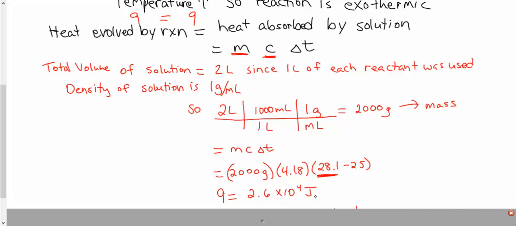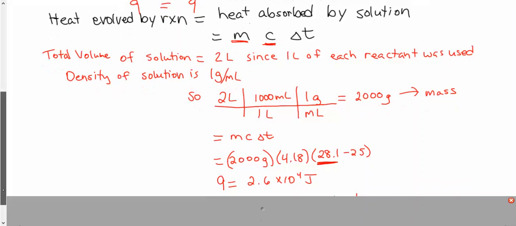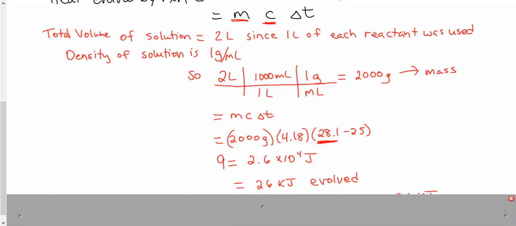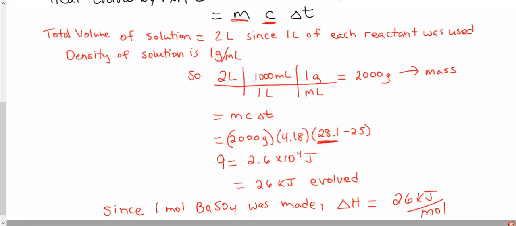We want that in kilojoules per mole. And we know that 1 mole of each substance was used and 1 mole of our product was made. Therefore, we can just change that to kilojoules. We get 26 kilojoules evolved. Therefore, since 1 mole was made, our delta H is 26 kilojoules per mole. Now, if this problem had given us more than 1 mole, we would have needed to adjust our answer based on the number of moles, as we have in previous